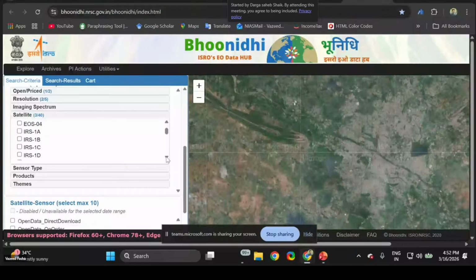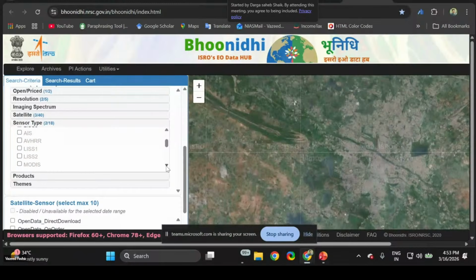So you should read all these, ResourceSat 1, ResourceSat 2, then you can go. Then select the sensor. And for Landsat you should go with OLS. You have to go with LISS 4. Then you will get a product, level 1 or level 2.